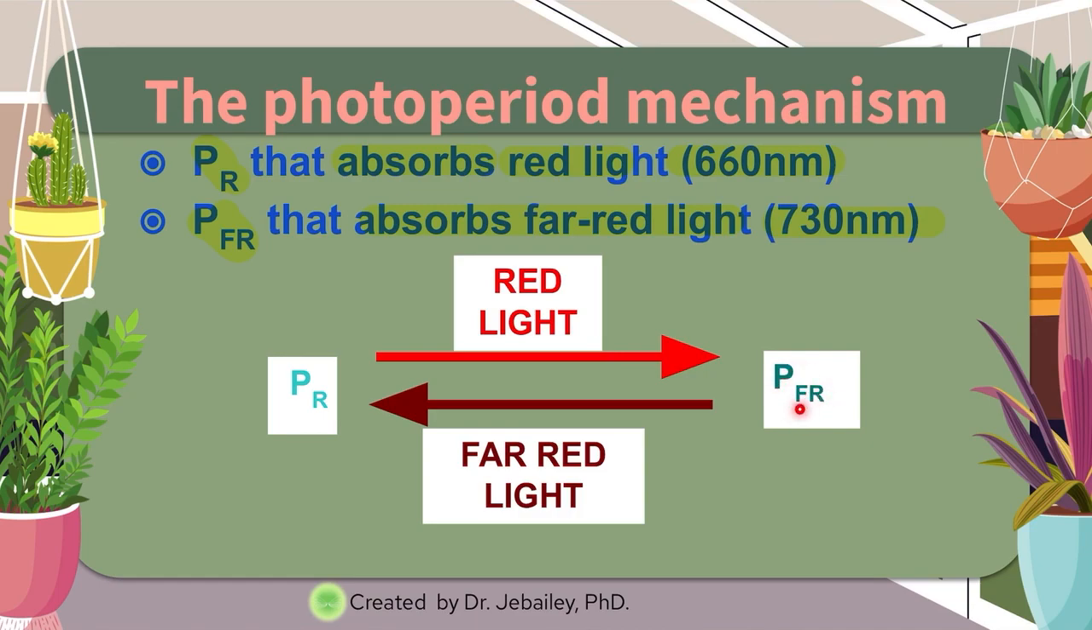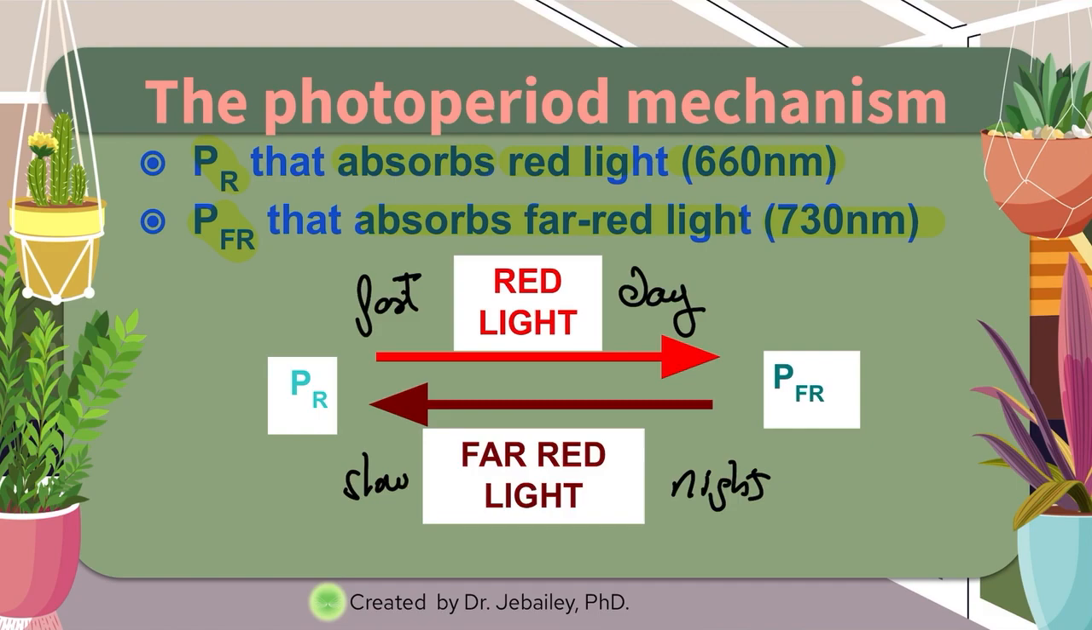Now, the PFR is an active pigment and absorbs light, but it absorbs only the far red light, which only happens during the night. So during the night, the PFR is turned back to PR. So in this process, this is happening during the day, this is happening during the night, this is happening really fast, and this is happening really slow. Okay, so you can see that the day or the night will influence a lot on the flowering, because if